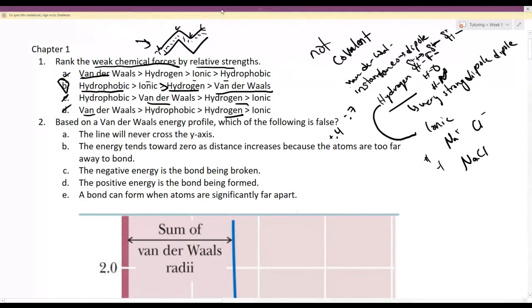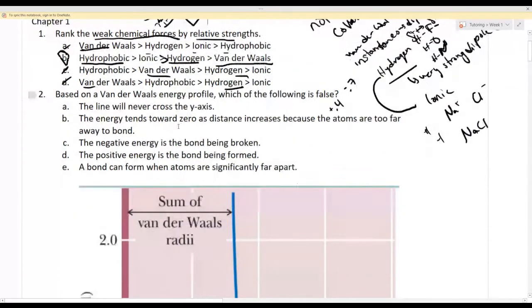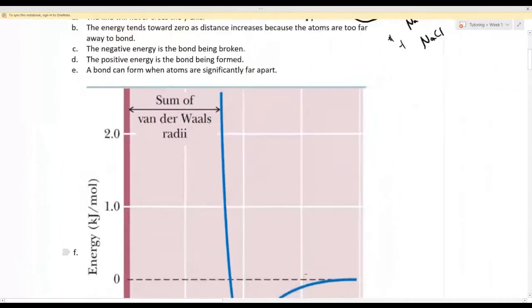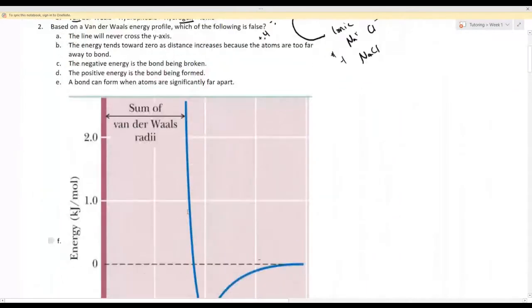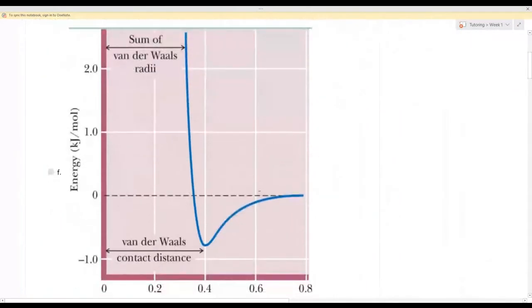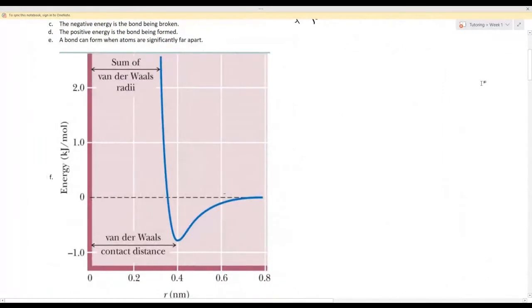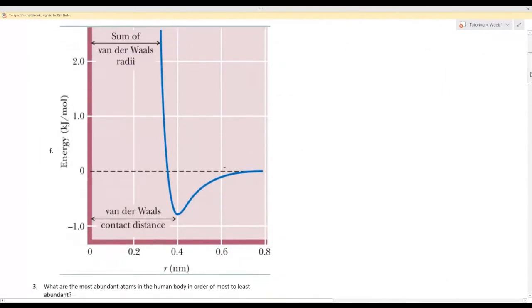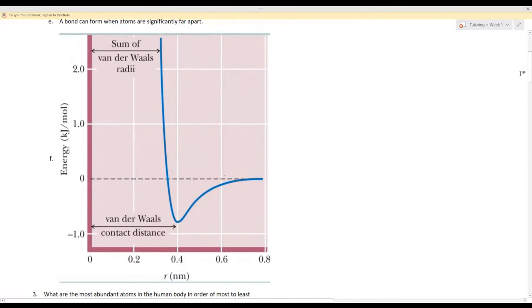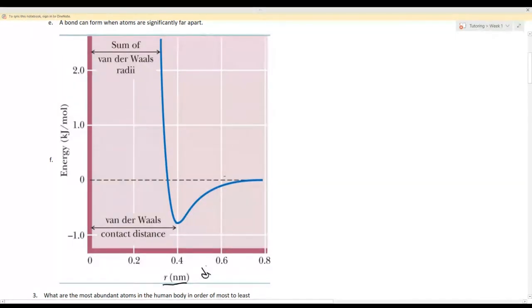Okay? So based on a van der Waals energy profile, which of the following is false? And this is for number 2. So before we get into these choices, I'd like to actually show the van der Waals diagram energy profile. It's got a million names. I'm probably just going to call it a van der Waals plot just for convenience. So if we notice, this is the radius in nanometers. To be more specific, this is the difference